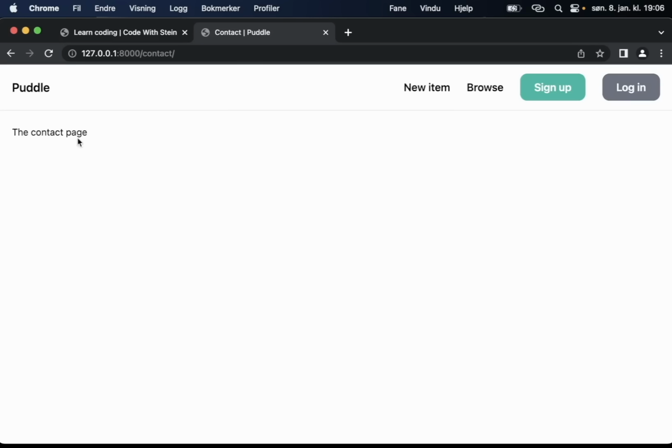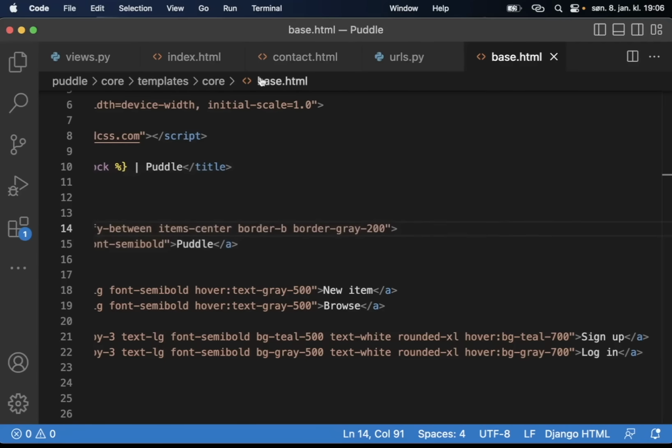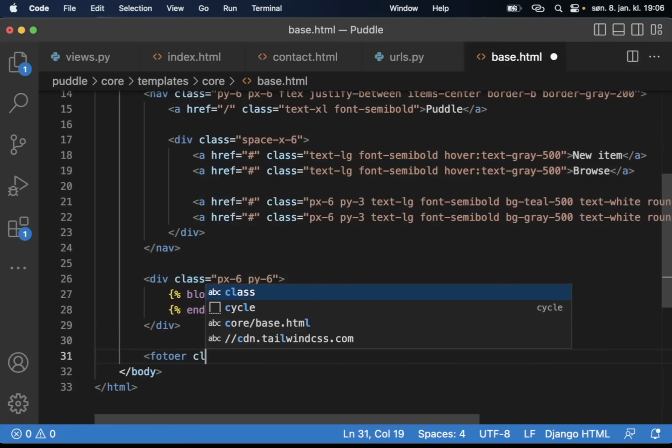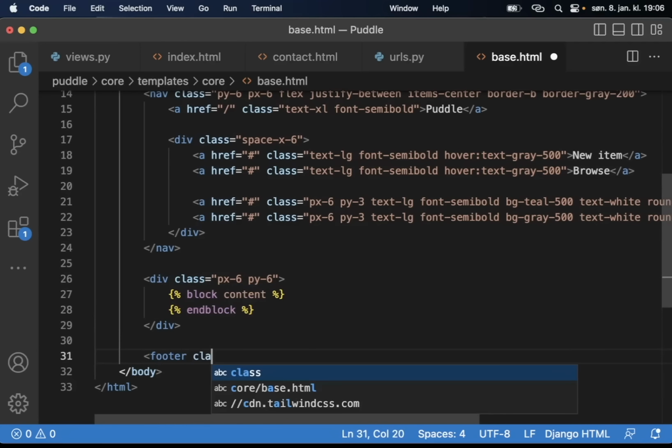And then I want a very simple footer here as well. So the nice thing is now that, but before I go there, I just want to show that this comes from the base.html file. So if I go to the front page, the menu is there as well. That's what's so nice about the extensions. So let's go back to base.html and create the footer. So below this div, you can add footer, footer class,